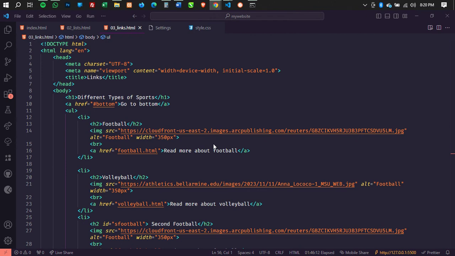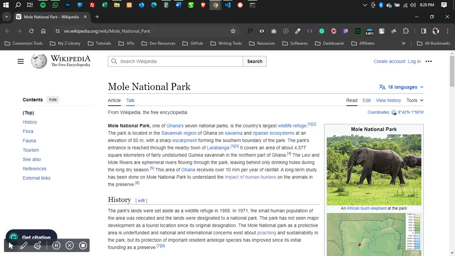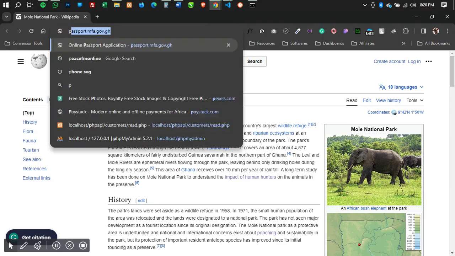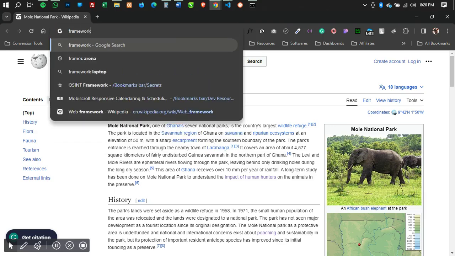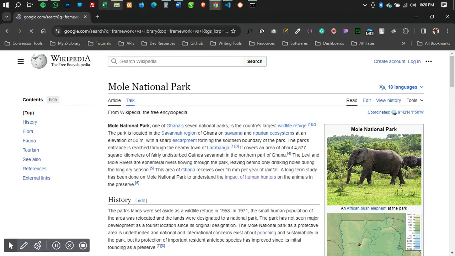I get it. So let me see if I can get some explanation from the internet. Framework versus library.